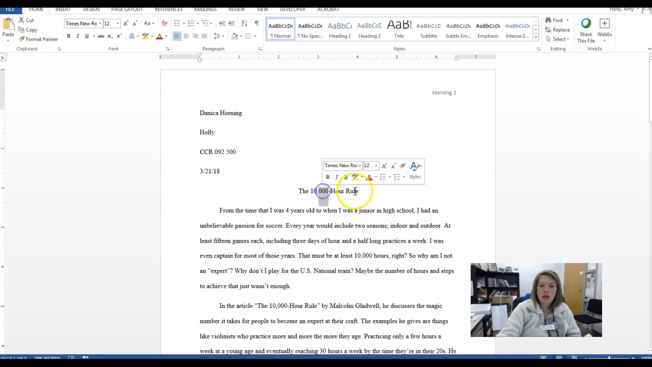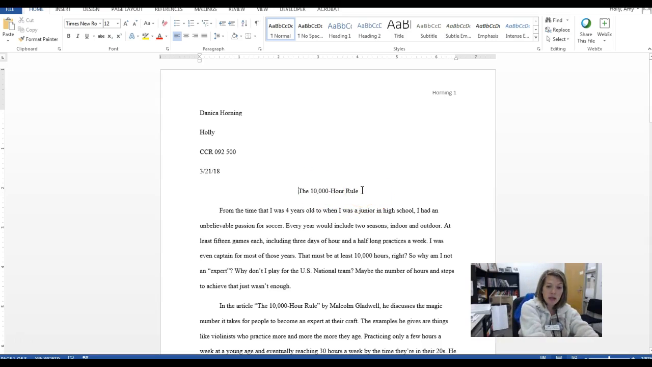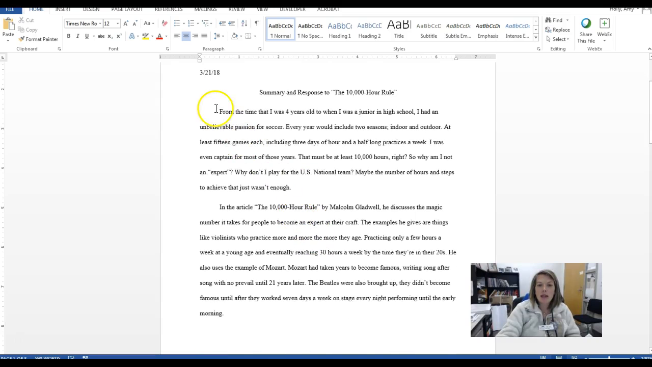And then she's got a title, but I would like to see the title be something different than what the article title itself is. You know, you could say summary and response to the 10,000 hour rule, and then article titles always go in quotes, and if you do have the book title in there, that would be italicized. Danica has a really good